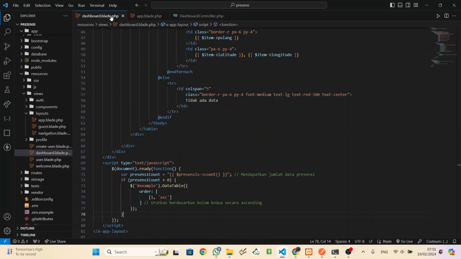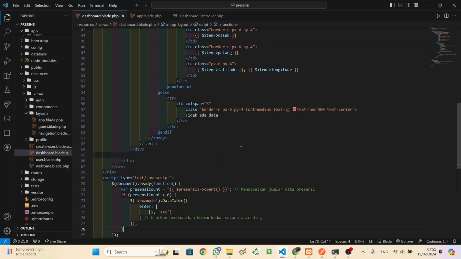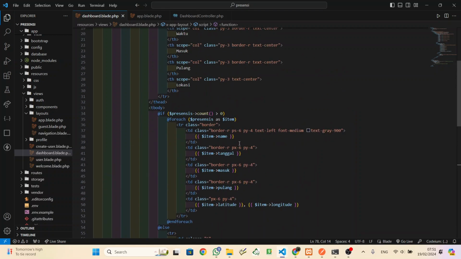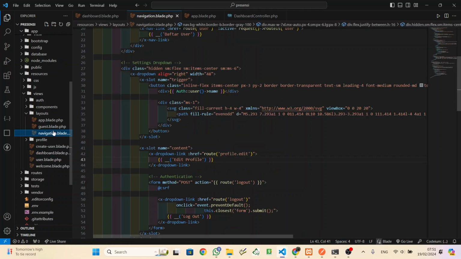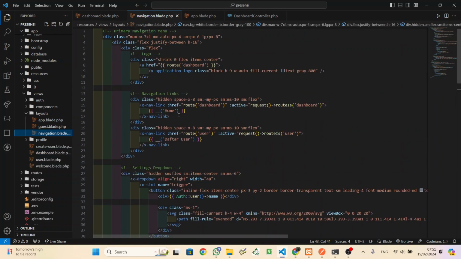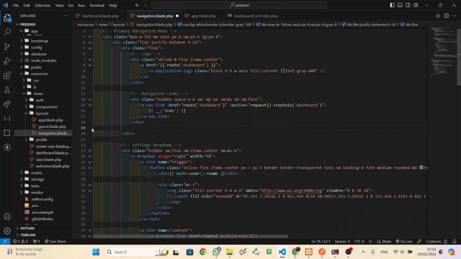After that, after the dashboard, move to the navigation. So the default is there is just one navigation, and that navigation is directed to the dashboard.